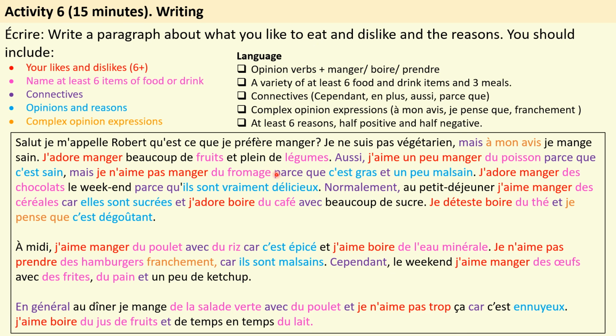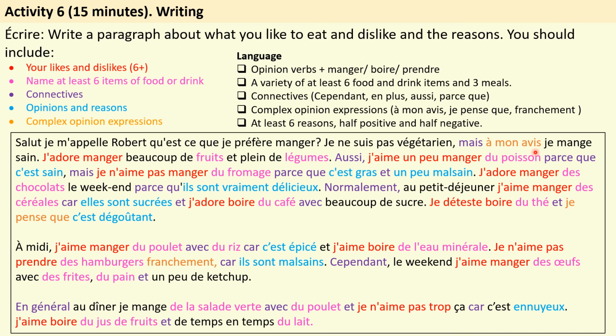Connectives are in purple, joining the sentences together or introducing them, aussi, normalement, etc. My opinions and reasons are all here. And they either start with c'est or ils sont or elles sont with the correct adjectival agreement. Okay, and I've got complex opinion expressions, which are je pense que, franchement, and à mon avis.